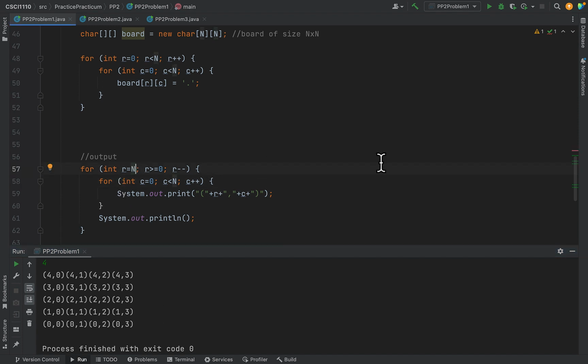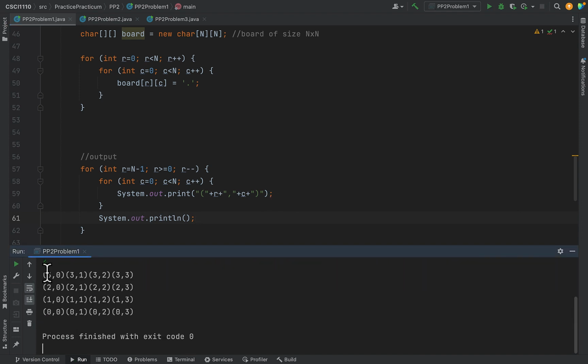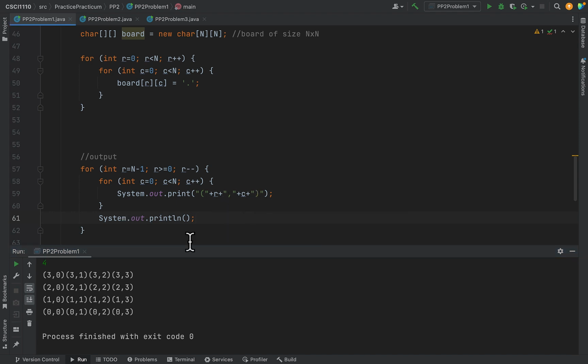Oh, this isn't working as I wanted. I want to go from n minus 1. So this is why checking things first is pretty useful. So going from 3 down to 0, I've got 0, 0 in the bottom left, 3, 3 in the top right. Okay, so now that's ready to run, except I did that just as a test to show what that looks like,